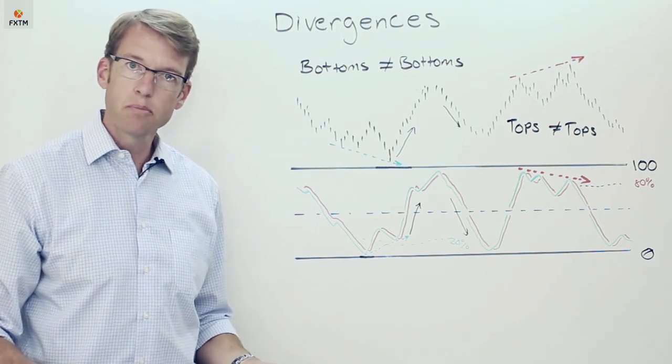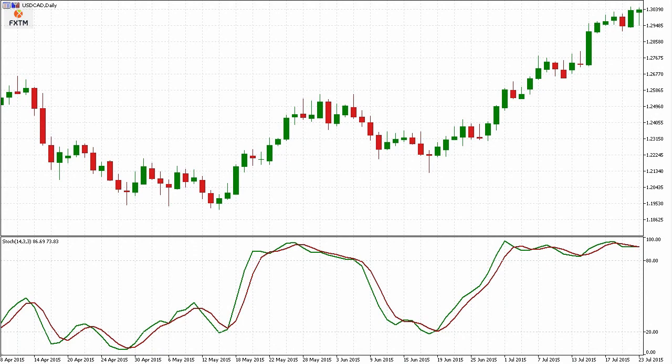Let's look at a couple of examples of bullish and bearish divergences. So you can see on this chart that we have lower bottoms on the price that are not matched by the bottoms in the indicators. So the bottoms on the indicator are rising where they're falling on the price, and that's a bullish divergence. So we'd be looking at that as triggering potentially bullish opportunities, especially if that was in favor of a longer-term